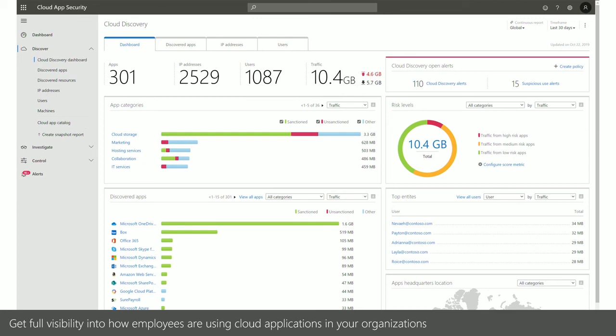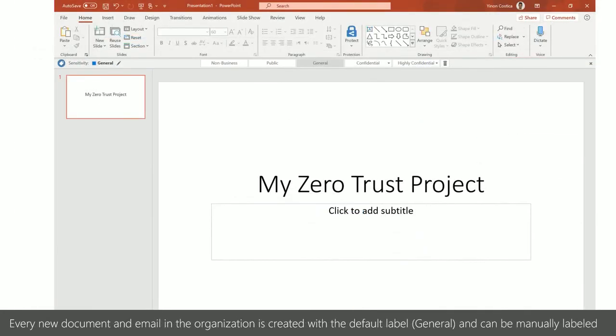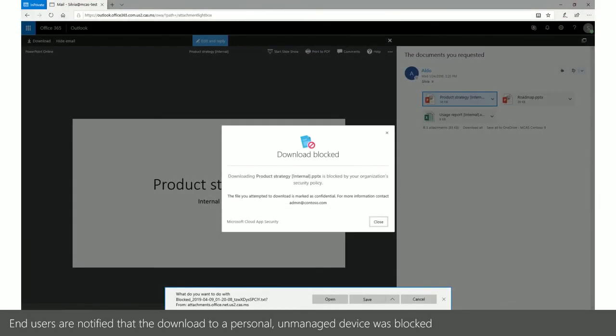This is success for Shadow IT. You can know your cloud. This is success for a classification program in place. You have this labeling capability. Everything starts by default with general, and then your users start putting their classification. And last, this is success for application controls. So you can block access, view-only mode in the cloud, for instance, if the device is unmanaged.